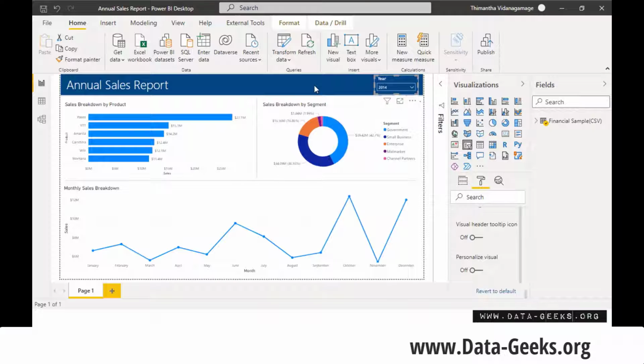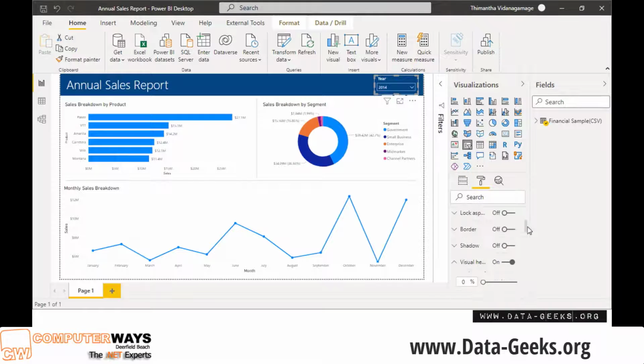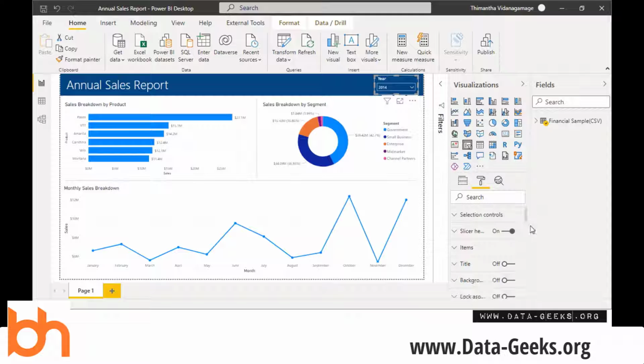Once again, just to recap on what I was trying to do. I just want to make the filter or the slicer consistent throughout the report. As a developer, I don't want the end users to personalize this slicer as per their preference. So I just want to keep it consistent. So to do that, I'll be selecting this particular slicer, and after selecting the slicer, I would head down into the format pane and scroll right down into visual header. And in the visual header,